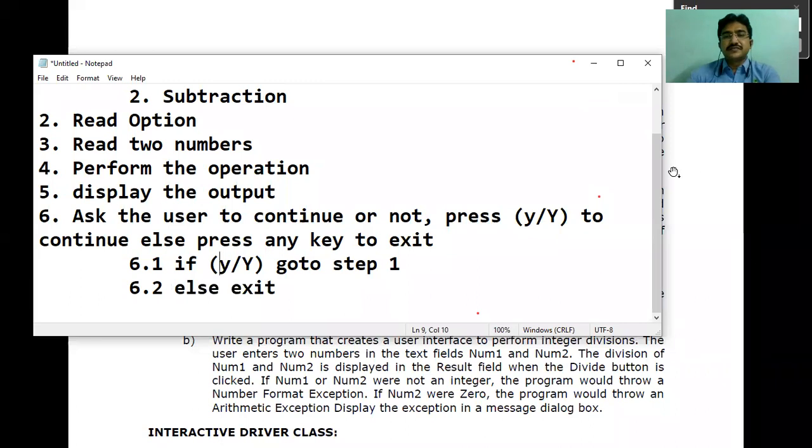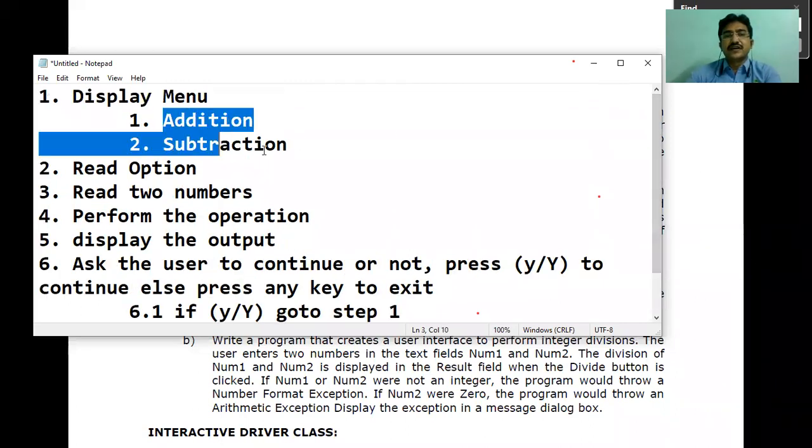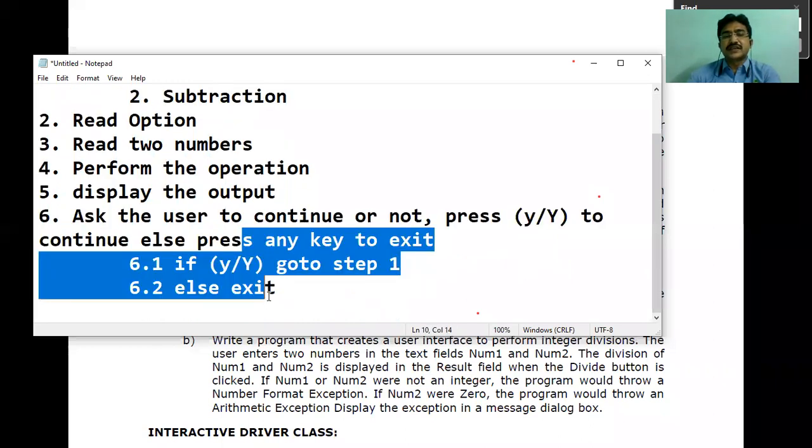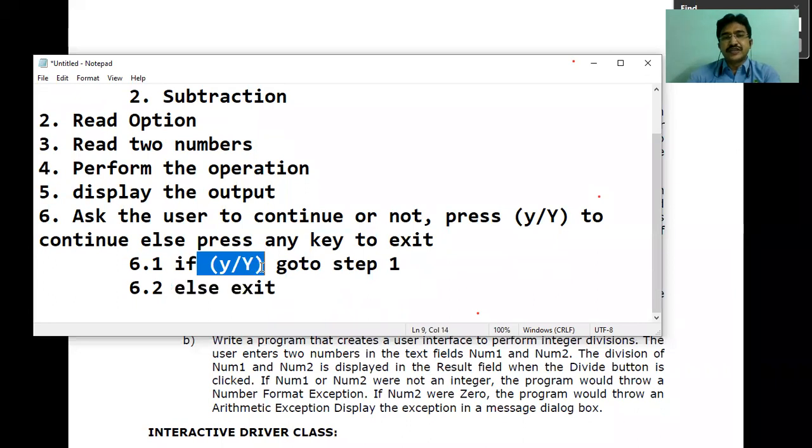What is step 1? Display the menu over here. Then you read the option again, two numbers, perform the operation, and output. Again it asks. If you press anything other than these two keys, small y and capital Y, then it will exit the program. Got it? So this is the procedure for how to write that type of program. Let me start the program.